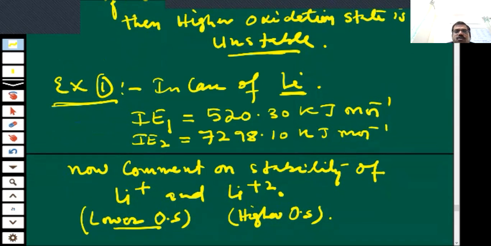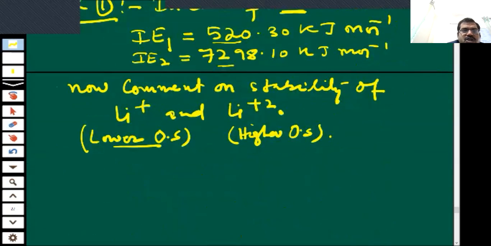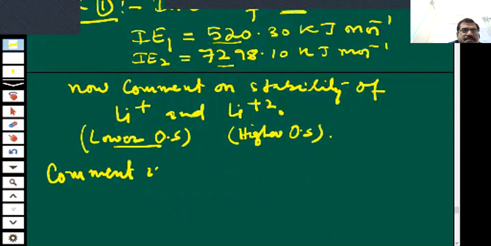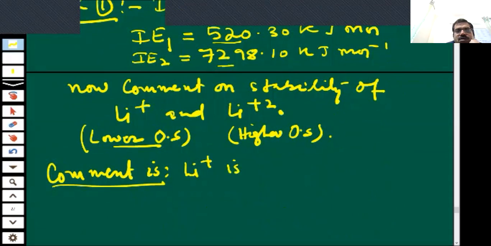Okay, so now you can see the difference. I think the difference is more than 1400. It is nearly 500 and it is nearly 7000. Almost the difference is 6500. So we are using this rule: if the difference is more, here some 6500 more, so we can say that Li plus is stable. So the comment is, lithium plus is stable